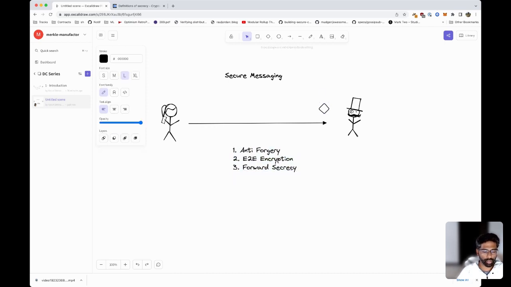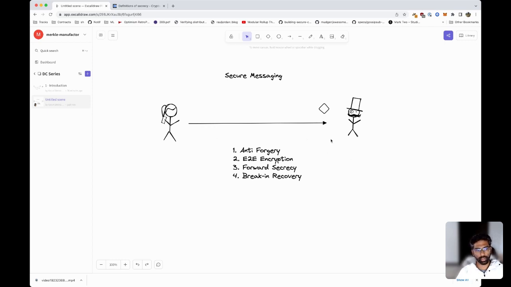Now, there's an extension to this idea that we call break-in recovery. Break-in recovery is the notion that if a break-in or a key compromise were to happen, then the system can actually heal itself so that they can continue communicating in a secure manner. So if Bob accidentally leaked one of his keys and it got compromised, we want to ensure that the system automatically self-heals or recovers in such a way that future messages, when they're encrypted and sent, are not going to be readable by the attacker, and again return to a state of privacy where Bob and Alice have only private messages.